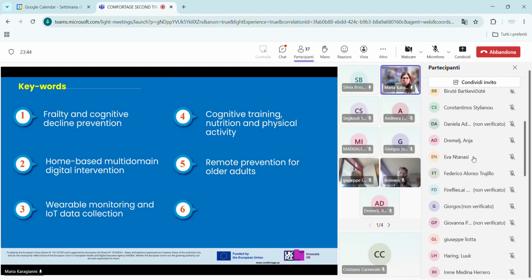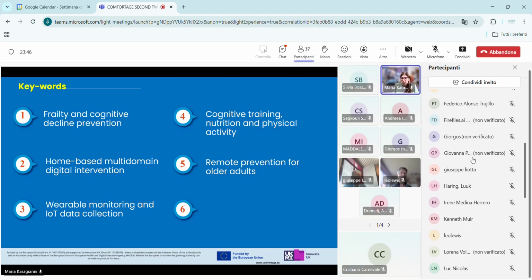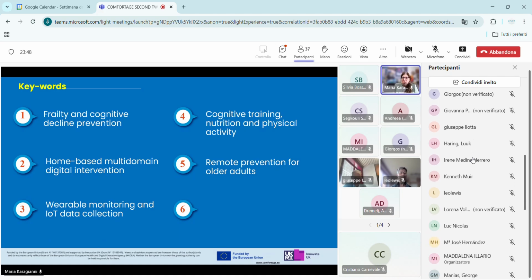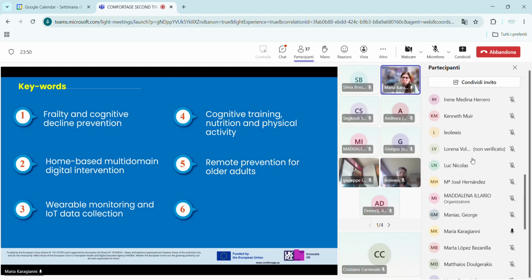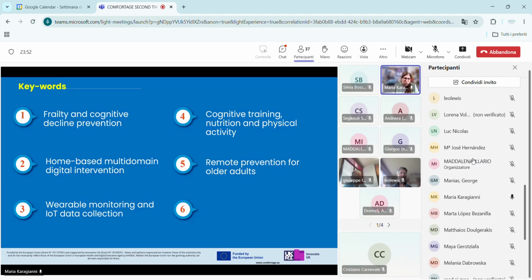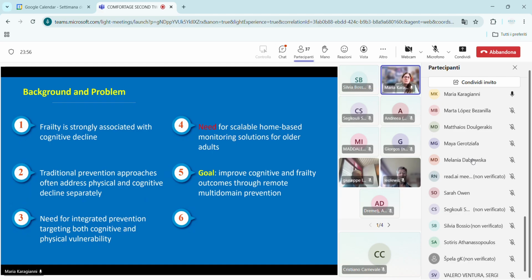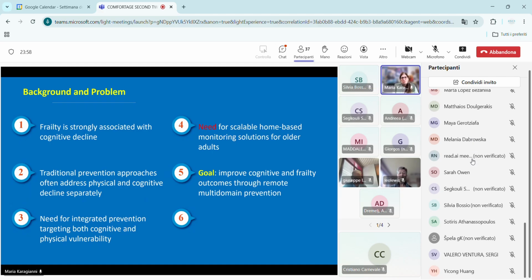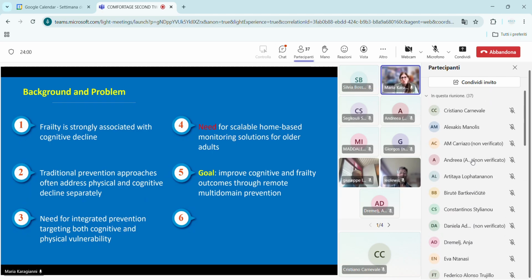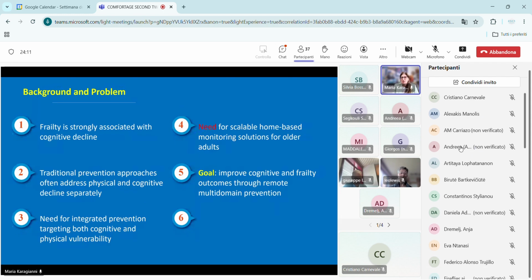The main target, as we're going to see, is the early stages of frailty, which is one of the innovative parts of this study. As we're going to see in some of the background and problems, frailty is strongly associated with cognitive decline. It is a strong association, and we see that as the body becomes more fragile and we lose